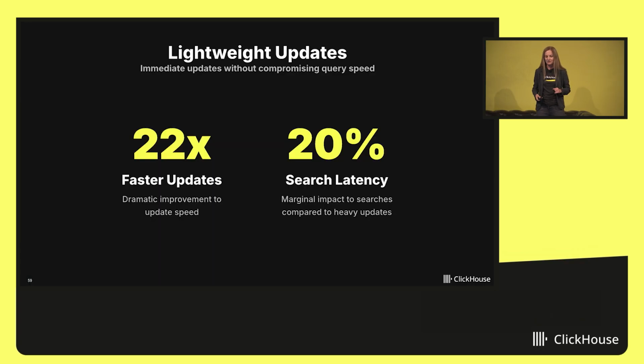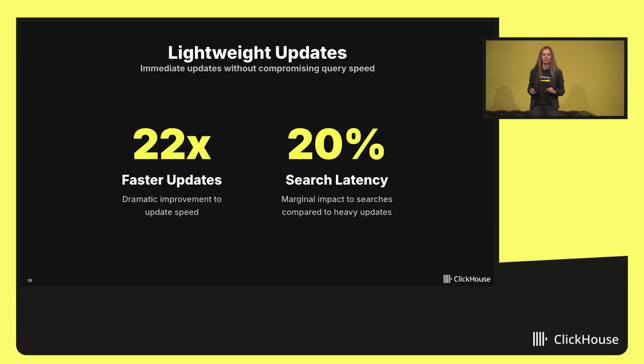And today, I'm happy to announce that we are rolling out a lightweight update capability that is going to enable that. It's going to execute much faster, so your update will no longer require rewriting of parts. It's going to actually write a very small, what's called a patch part, just the difference, and it's going to reconcile that on search. Then you might be wondering, well, is the search now going to be slow? Only marginally.